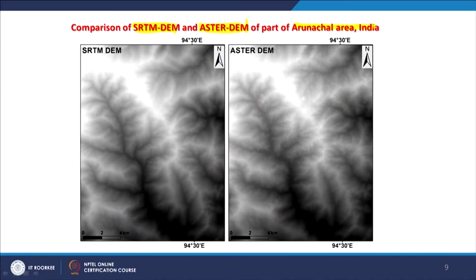So, when you download the data, if they have not filled the voids, you may get a lot of voids, which would be represented through no data. Whereas in case of ASTER, that issue does not come. So, in comparison we have found that ASTER is quite good for highly rugged terrain like the Himalaya, whereas SRTM DEM, I am talking about the same 30-meter resolution DEMs from both these techniques.